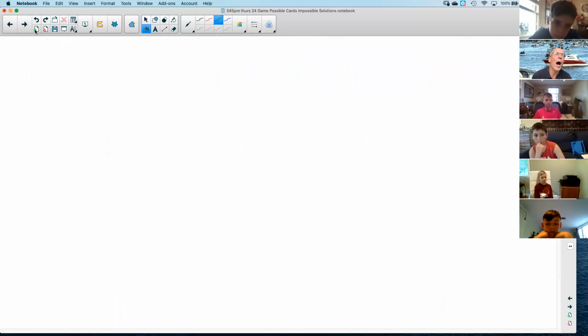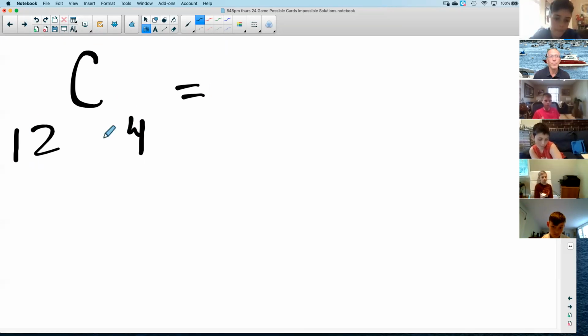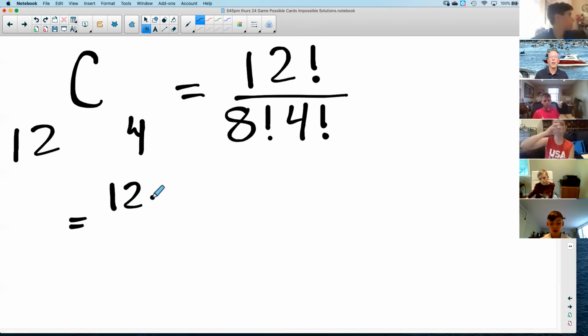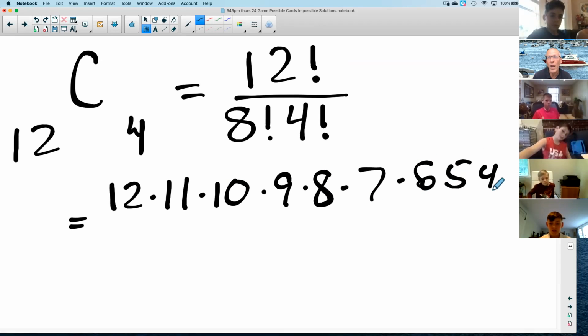Now, I don't want to spend a lot of time going over this math because this is what I did with my 5th, 6th graders this week. When you take 12 items and you choose 4 at a time, the way to solve this, you use factorials. Can anybody tell me what a factorial is? It's basically the number times all of the remaining numbers below it. So 12 times 11 times 10 times 9 times 8 times 7 times 6 times 5 times 4 times 3